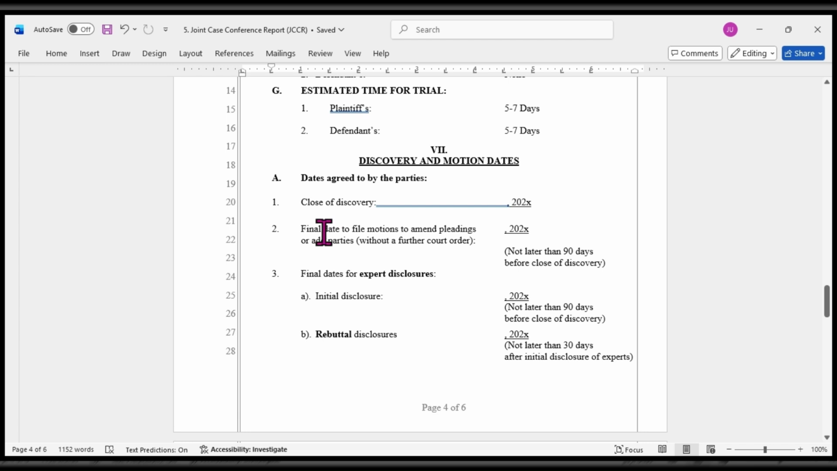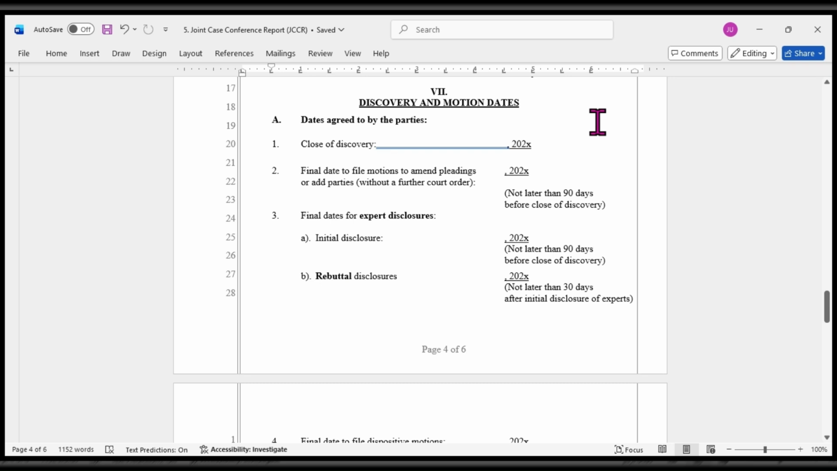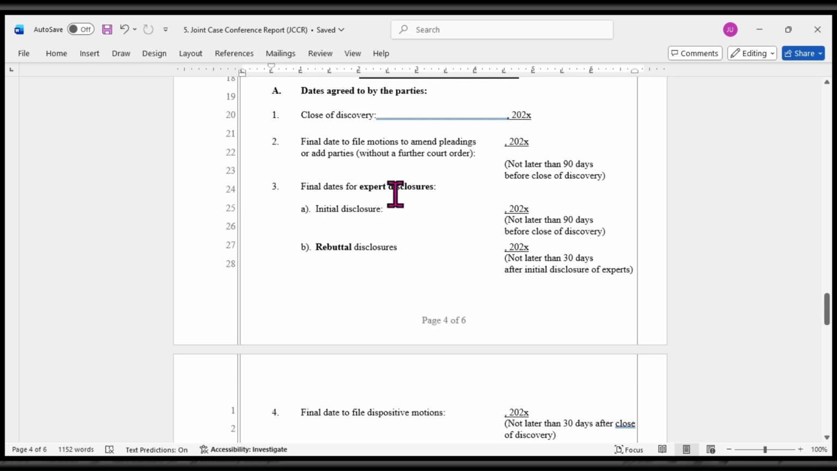And from that date, you will fill in these other dates, okay? So the final date to file motions and amend pleadings is going to be not later than 90 days before the close of discovery. Use your calculator. Okay, and then final expert disclosures, initial expert disclosures, enter that date here. It's going, again, it's going to be no